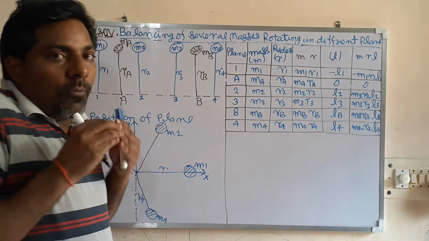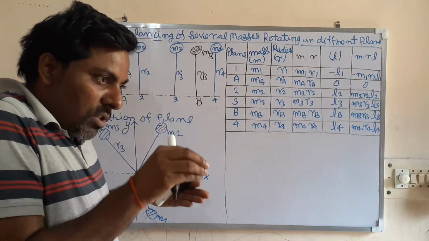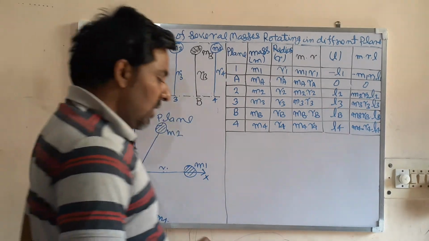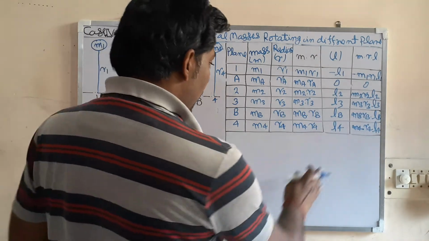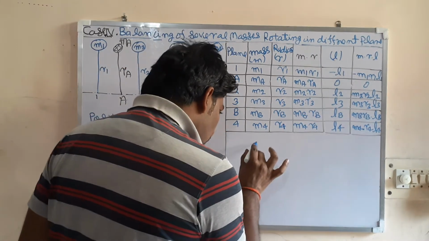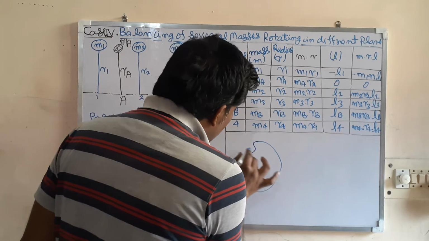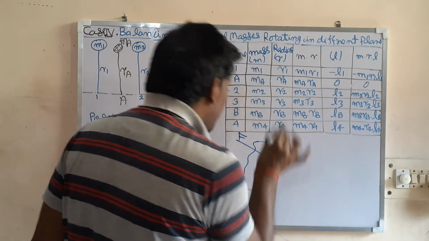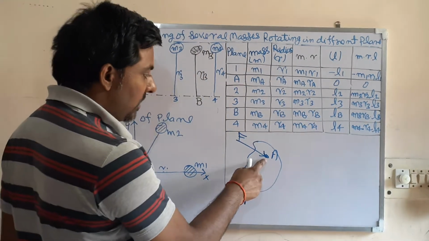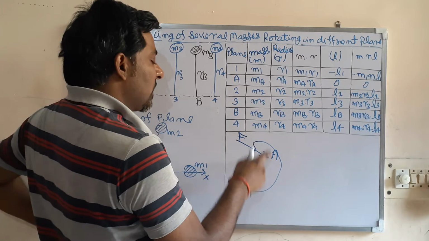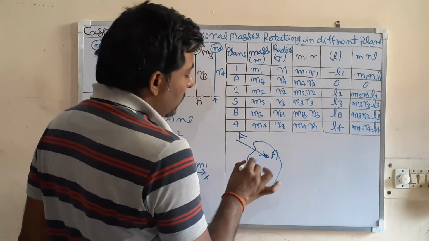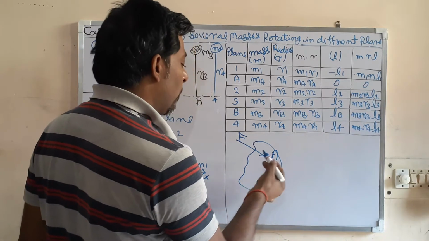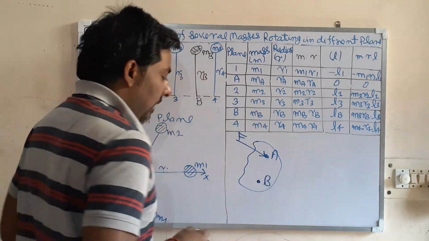Okay. So how can a force be transferred from one point to another point, or from one plane to another plane? Let us see what the logic is. In mechanics, suppose this is any body and at point A a force F is applied. Then we can transfer that force from point A to point B. So let us see how that force can be transferred from A to B.